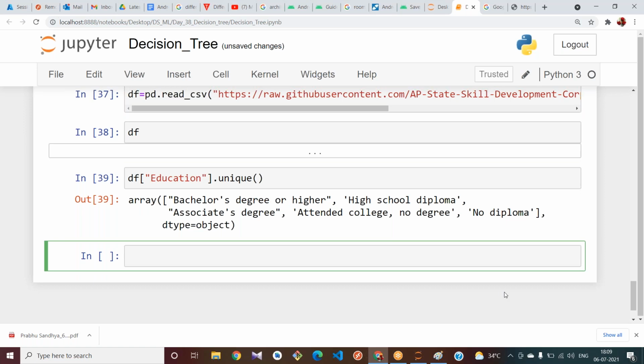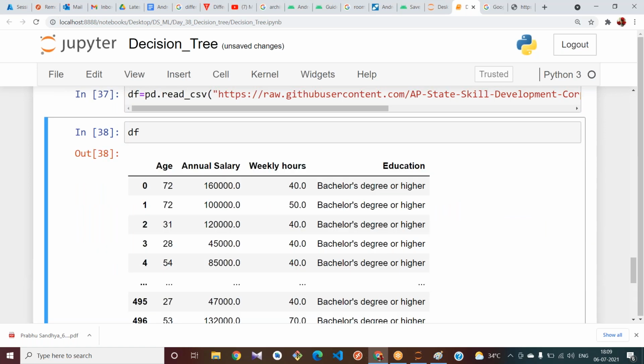First, let us plot our data and see how it looks, whether it is non-linear or linear. plt.scatter of df of age, comma, df of annual salary.